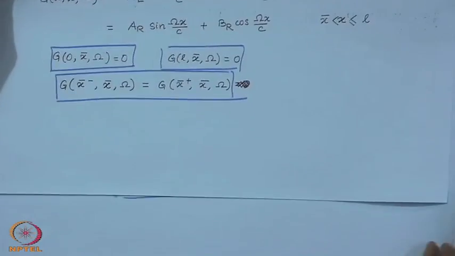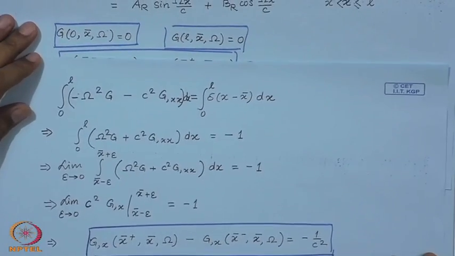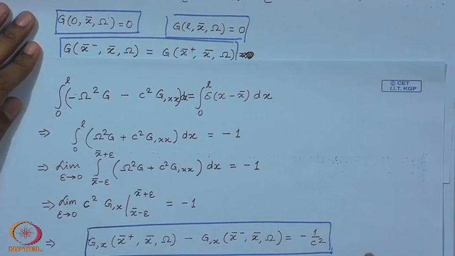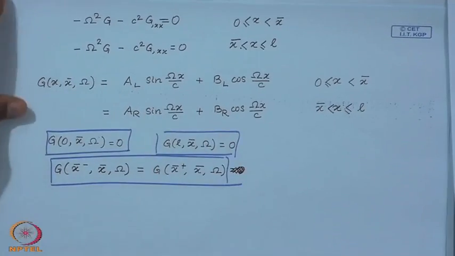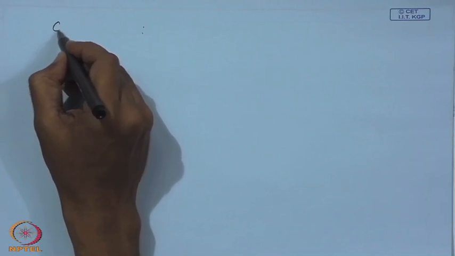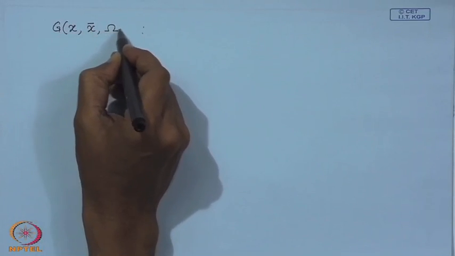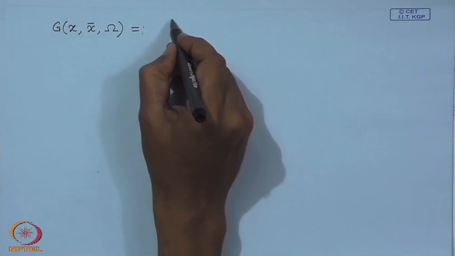These four conditions can now be used to solve for the unknown coefficients A L, B L, A R and B R. If you use these four conditions, solve for these unknowns, and finally put them into the Green's function, then what you obtain is